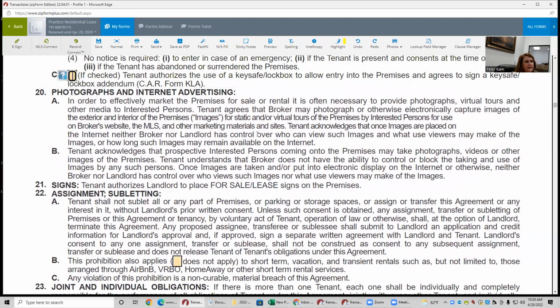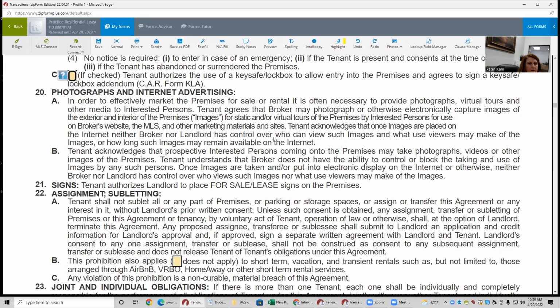So photographs and internet advertising, we get a lot of calls where, hey, can you pull my property off the internet? So once the photographs are taken, the broker cannot monitor. We have no control over who can see the images, where they're posted online. So this paragraph is explaining that. So if we take images, everybody needs to know we don't control all those other websites who pull directly from